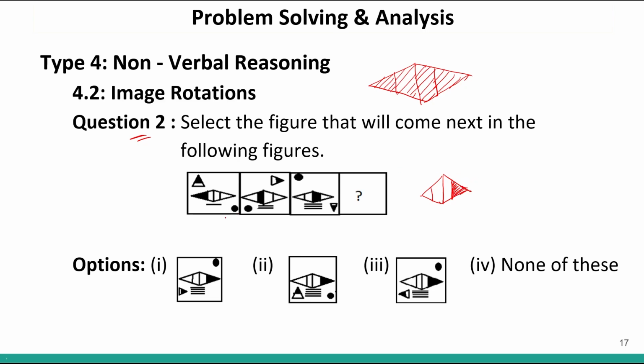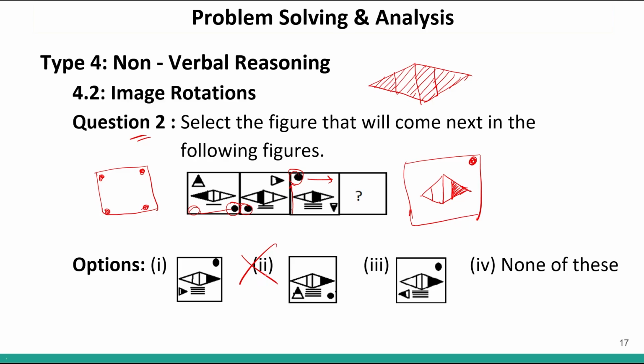Now, let us look at the circle. The circle is over here. It moved to this corner. From here it moved to this corner. Right? So it was here, it moved here, then it moved here. So naturally here it will move to this corner, towards this side. So if this is the image, the circle will be over here. Correct? This eliminates option number 2.